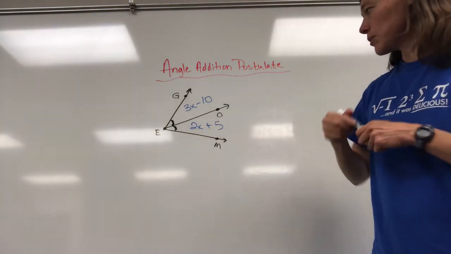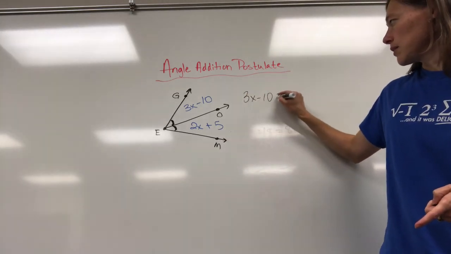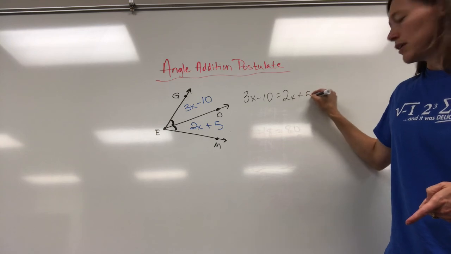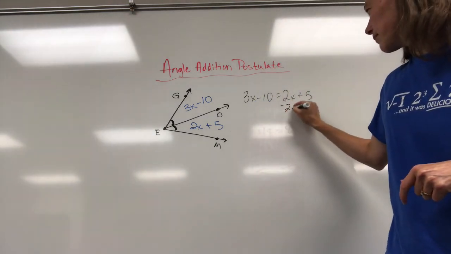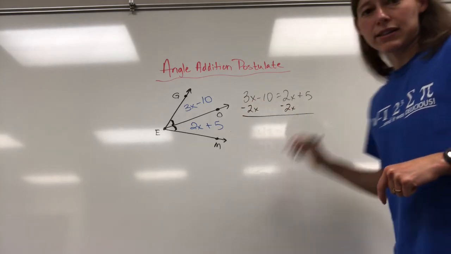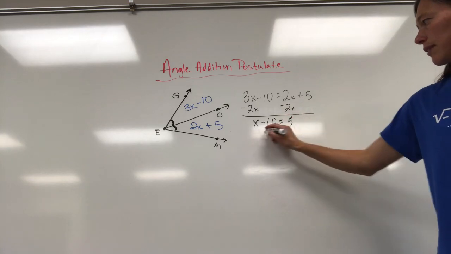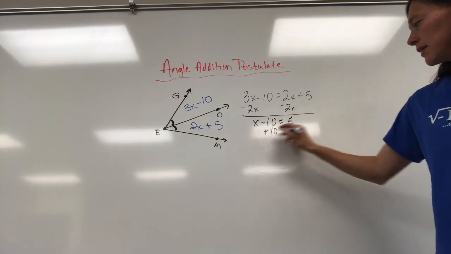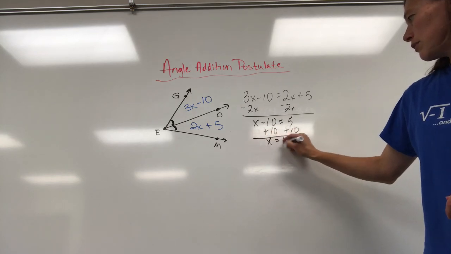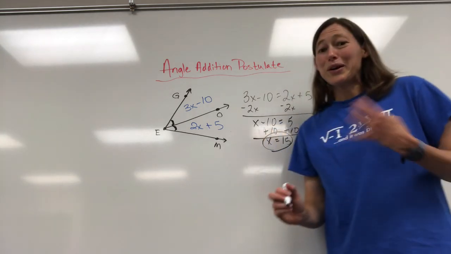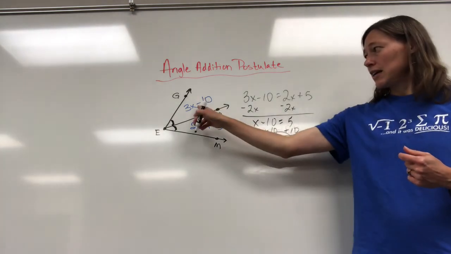We can just set these equal to each other. So we can go 3x minus 10 is equal to 2x plus 5. And then we just solve using our awesome algebra skills. Okay, so I'm just going to move the x's to one side. So I have x minus 10 equals 5. I'm going to add 10. So x equals 15. So if x equals 15, then I'm just going to plug 15 into my x in